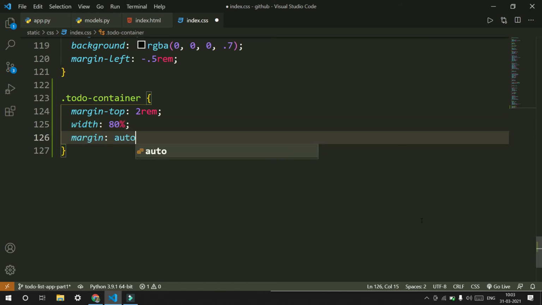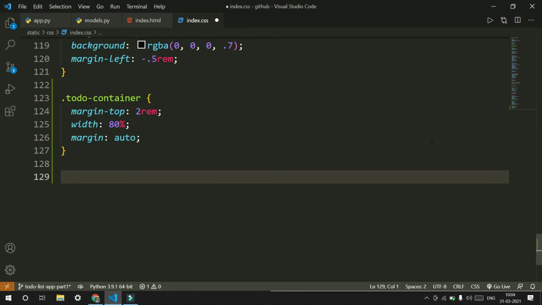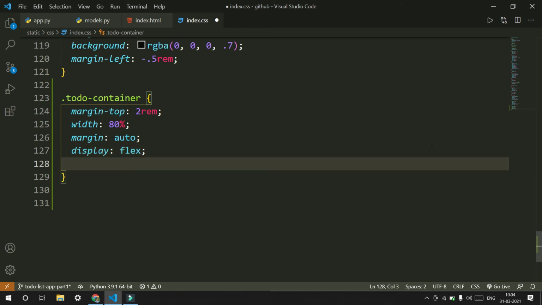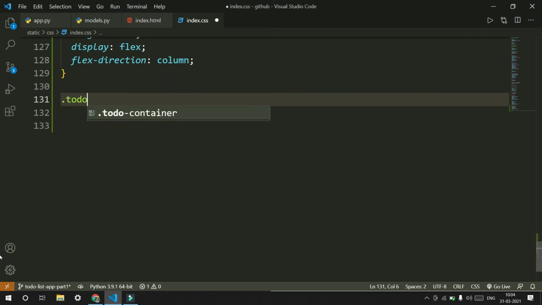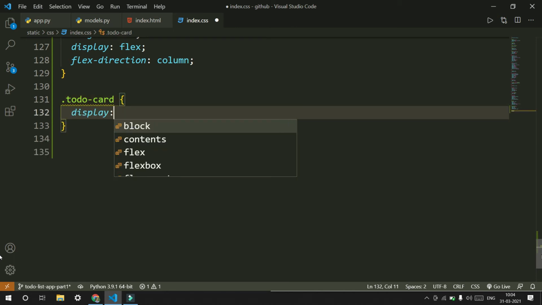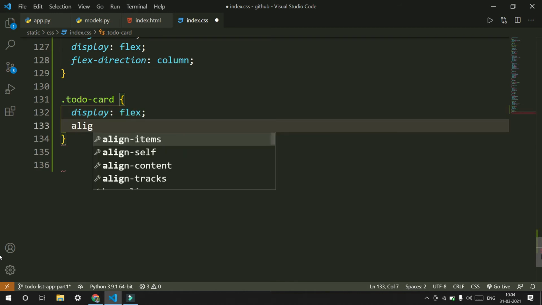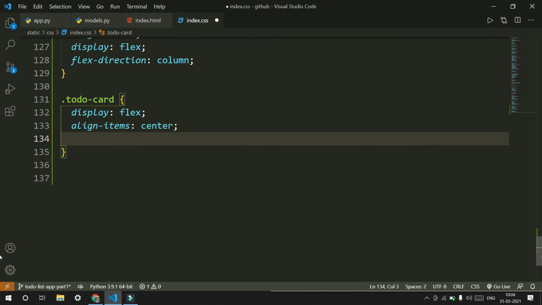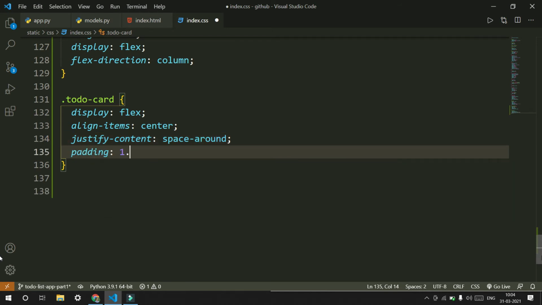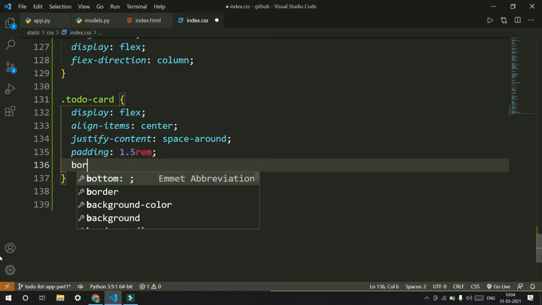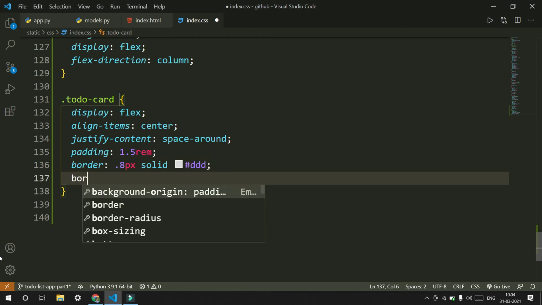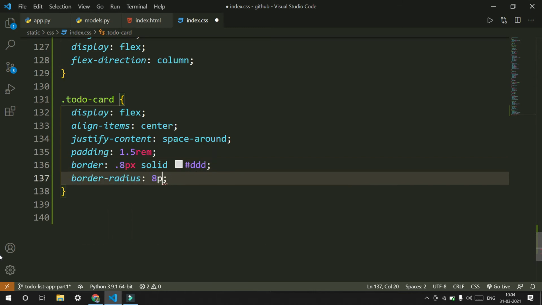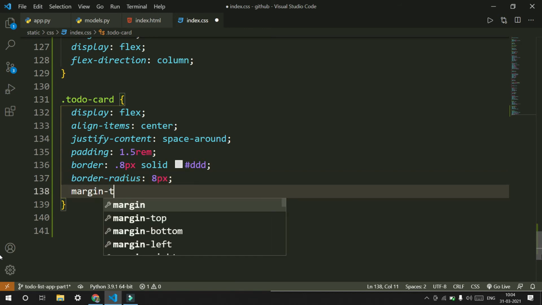and then for the to do container we want to display it as flex, flex direction column, and then for the dot to do dash card we want to display it as flex, align items center and justify content space around, and let's also give a padding of 1.5 rems. Let's give it a border of 0.8 pixels, solid #DDD, border-radius of 8 pixels, and it should have a margin-top of 1 rem,